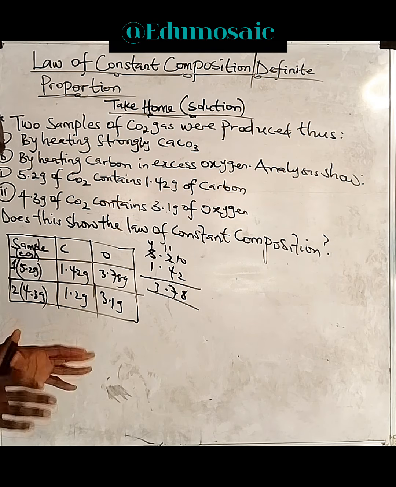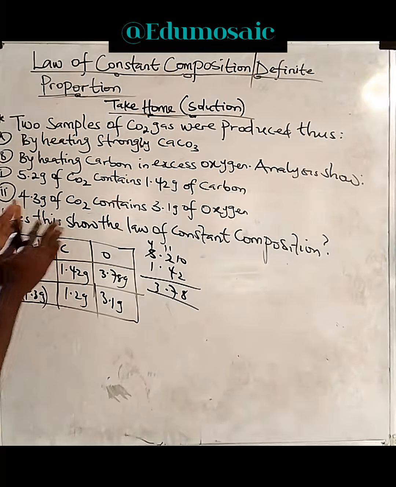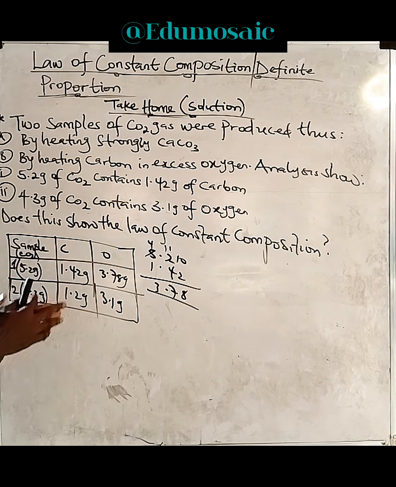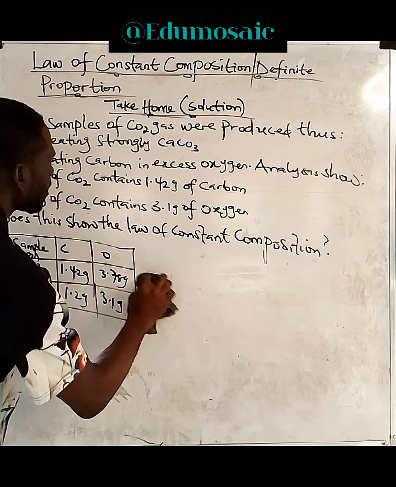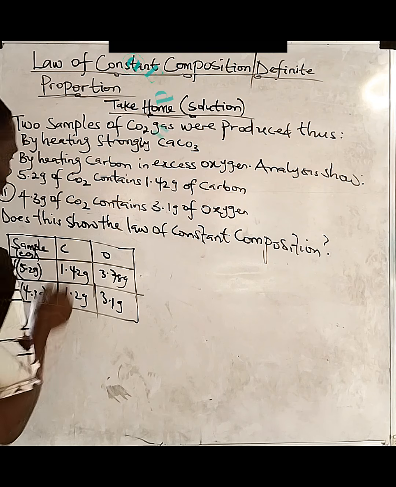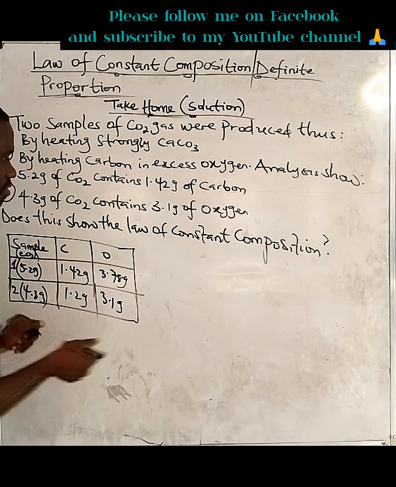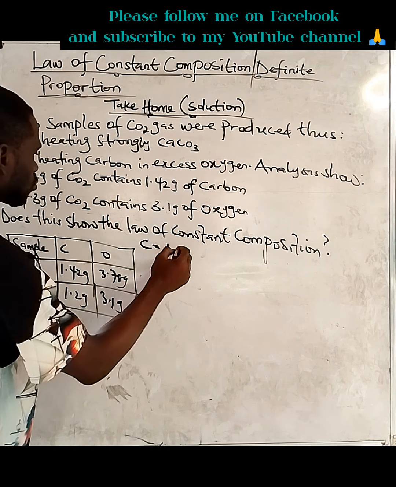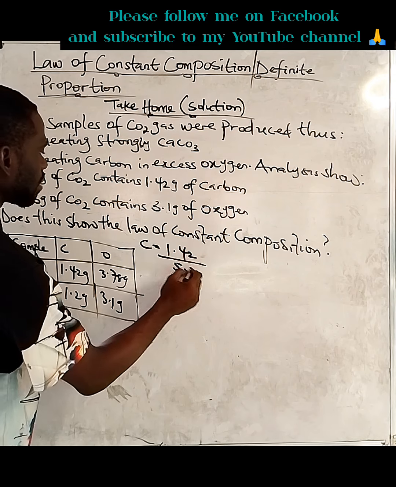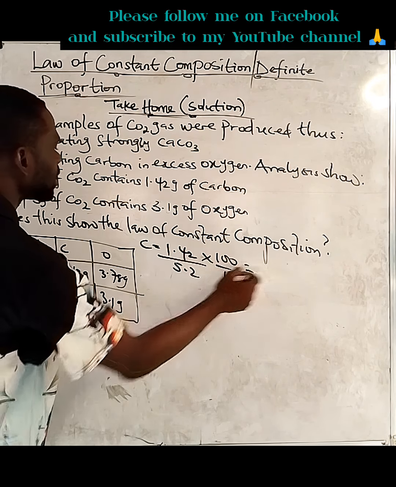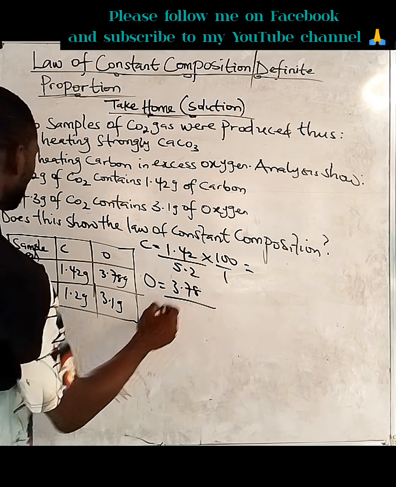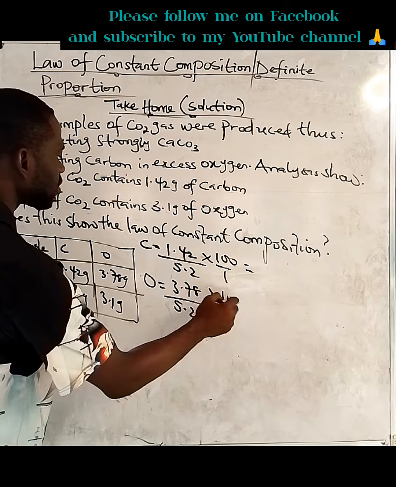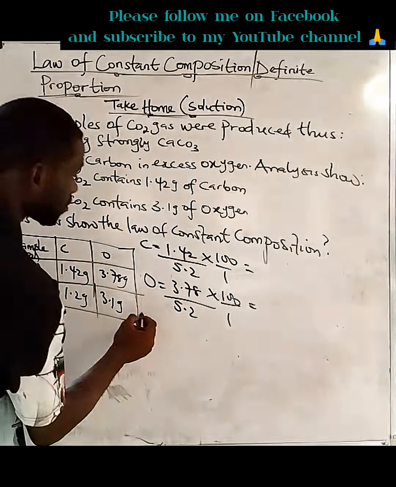So how do we get to know if this whole experiment obeys the law of constant composition? We're going to be checking the percentage, or the proportion or the ratio, of carbon to oxygen in each of the samples. So first of all, for carbon, we have 1.42 gram of carbon over 5.2 gram of CO2 times 100 over 1. That's for the first sample. Then for oxygen, we have 3.78 gram of oxygen over 5.2 gram of CO2 times 100 over 1. So that's that for the first sample. Then for the